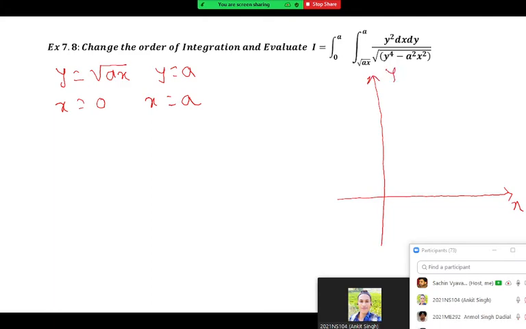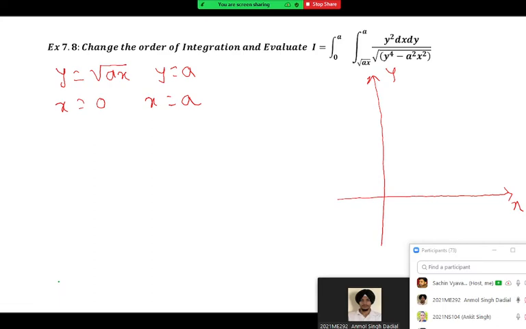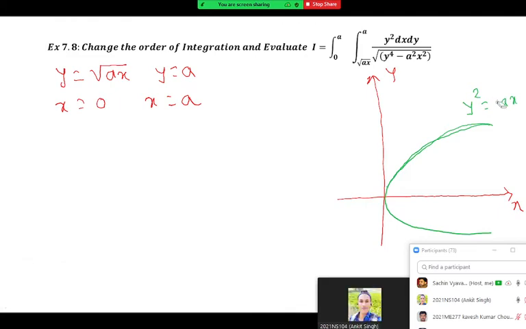What about the first? y equal to root x represents, sir, a right-hand side parabola, because it is y square equal to x, even power of y. Don't be in a hurry. So draw a rough curve there. It is y square equal to ax, not 4ax. y square equal to ax is the curve that we draw.